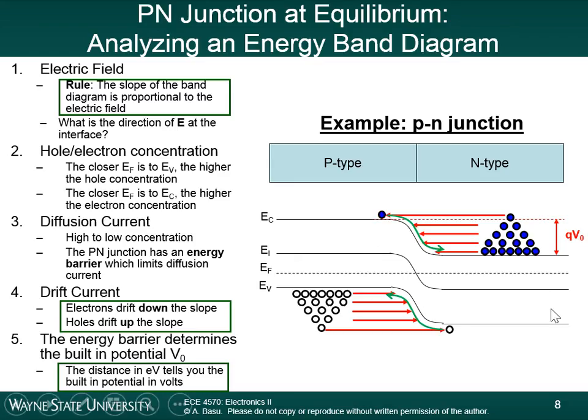If you start off with the P side of the junction, draw the Fermi level, extend that Fermi level all the way across to the N side, and just draw the band diagram of the N side around it. And you'll see that the bands will bend slightly differently if you have two dissimilar materials together next to each other. If you junction different materials, then the speed of drift and diffusion is different for the